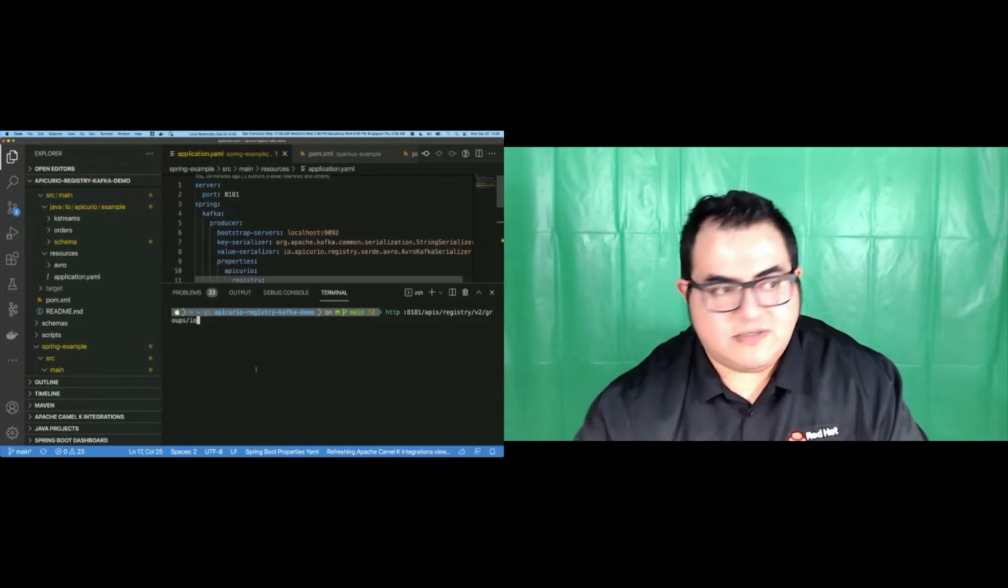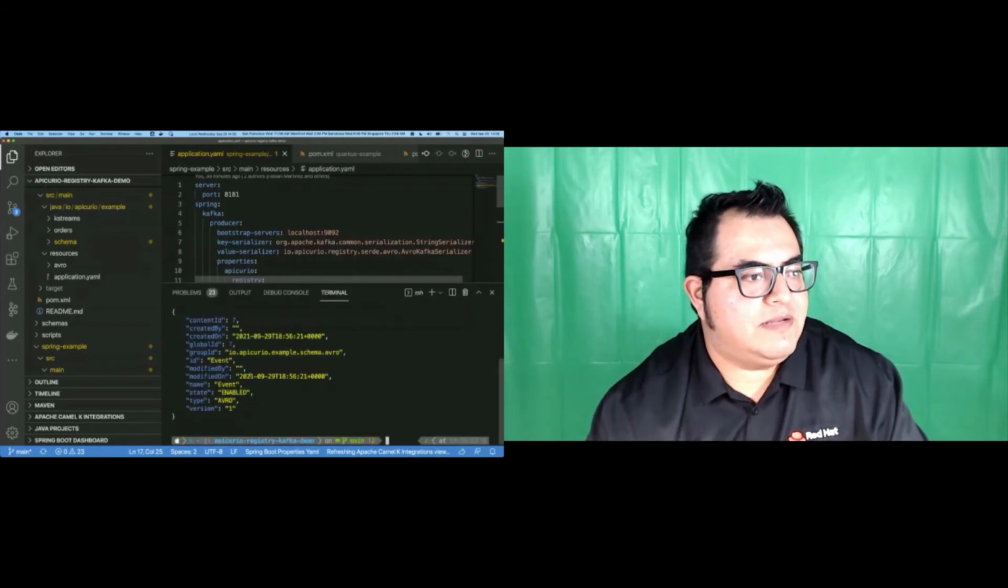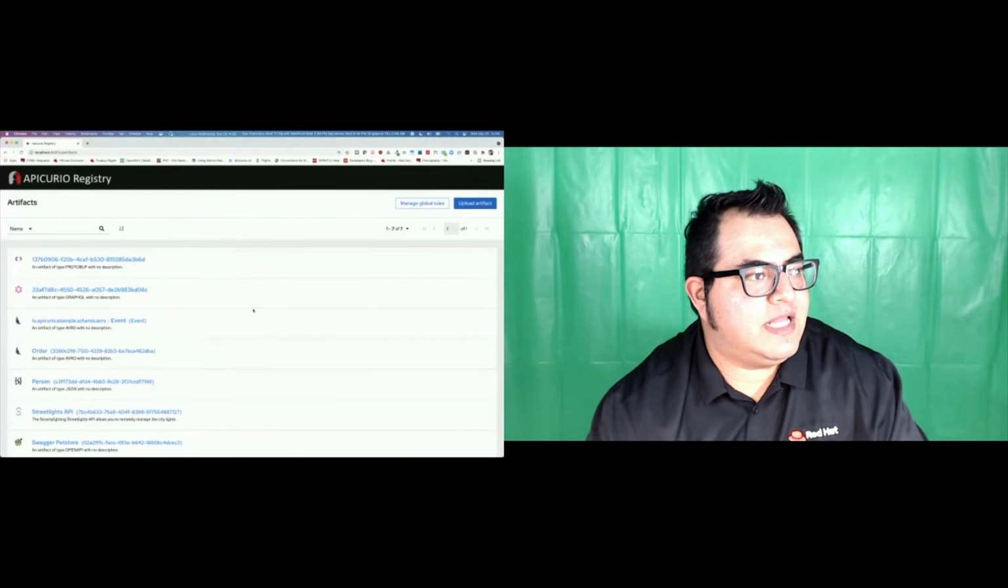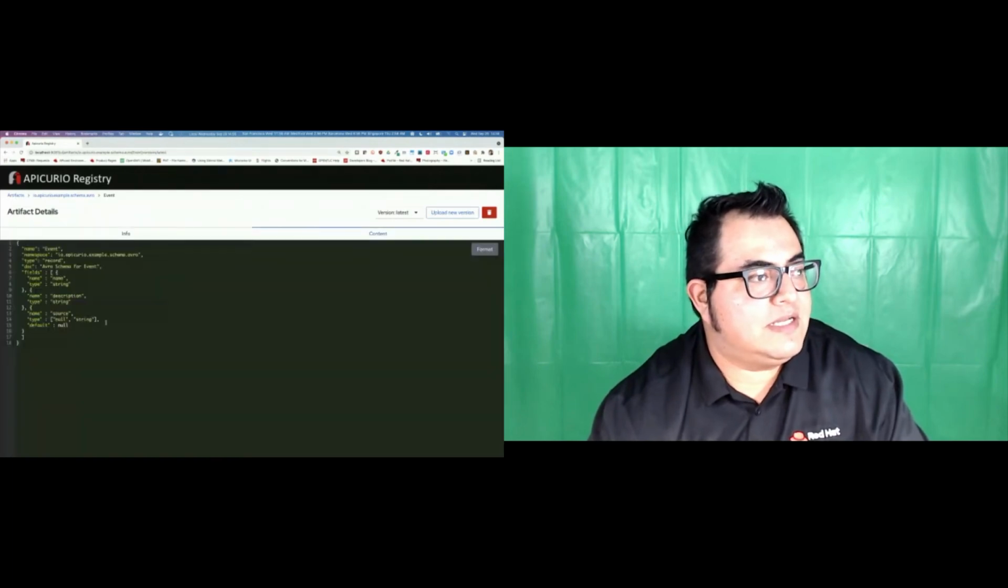My registry is running on port 8080. So with this, I'm just going to be posting my V1 version of the schema, and now it is available. If I go back to my registry and refresh here, I should be able to see my event now. And this is the format of my event. It's an Avro schema, a very simple event